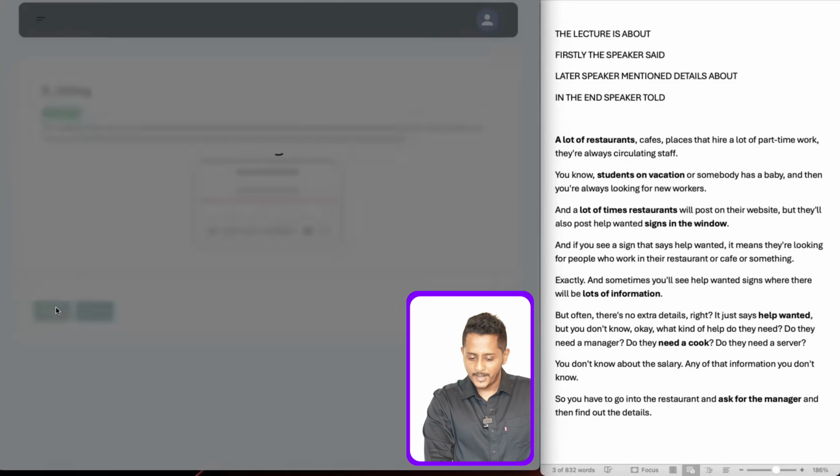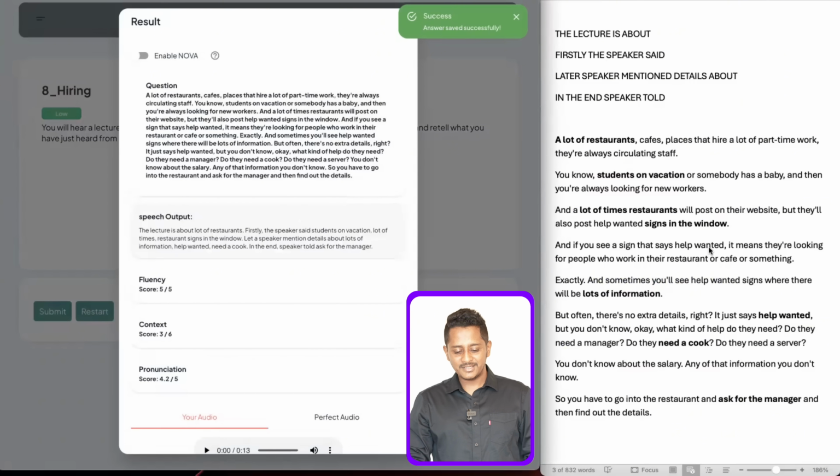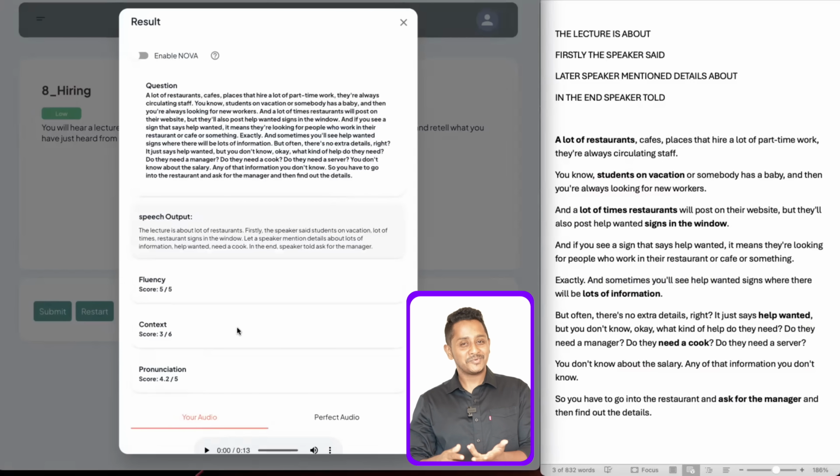Alright, I've spoken. Probably 8 phrases, very small, 3 to 4 words phrases, and the content is still 3 out of 6. It's not going up, and that's how it should be because now content is 6 marks. After the recent update, they expect you to put some effort into it. You should showcase that yes, you have got a good listening skill, you are capable of understanding what the audio is all about, and you have that capability to retell the audio.